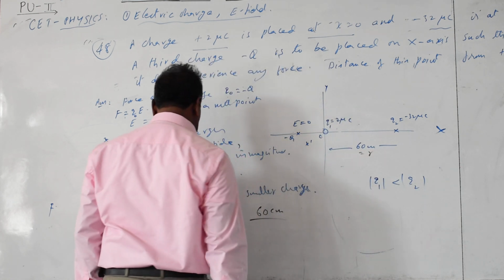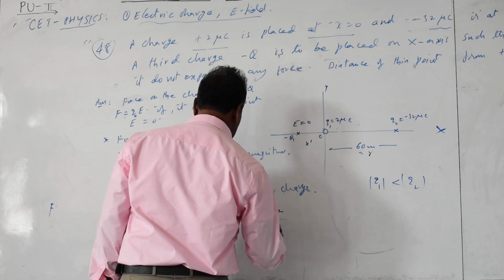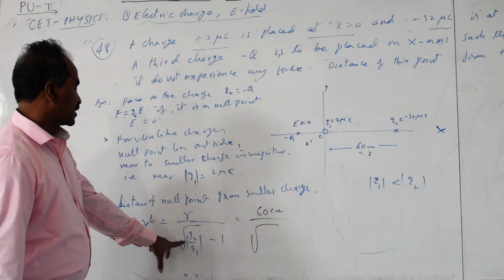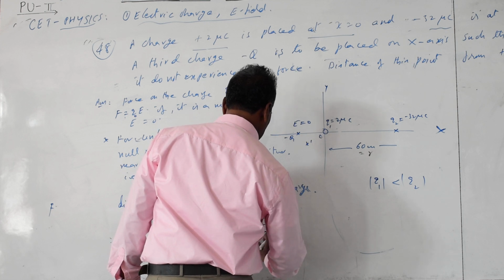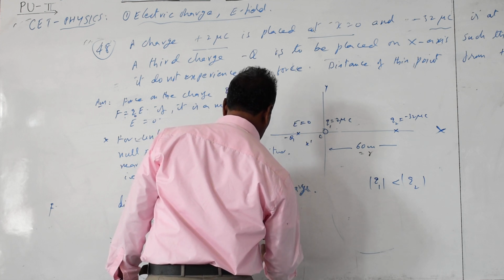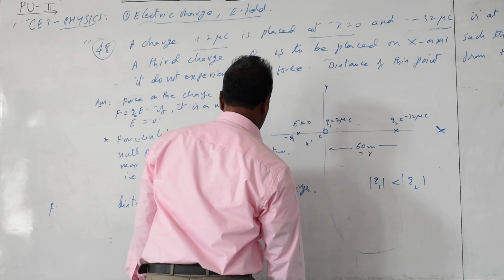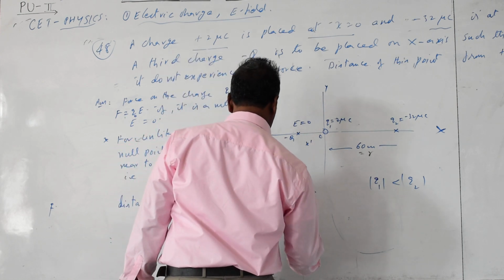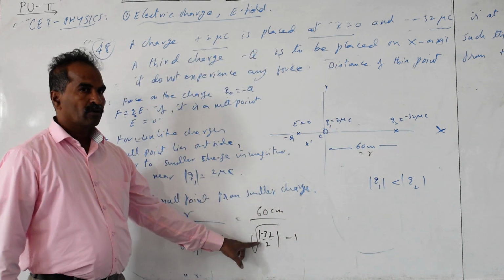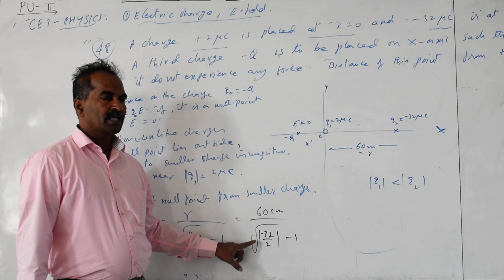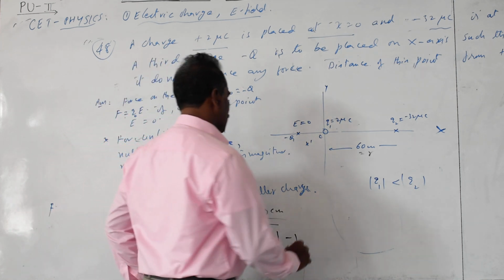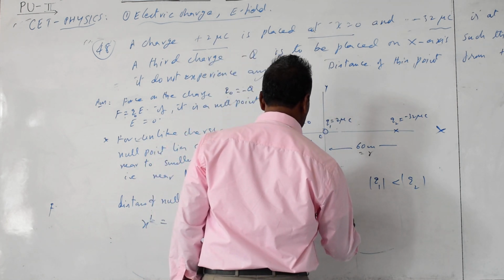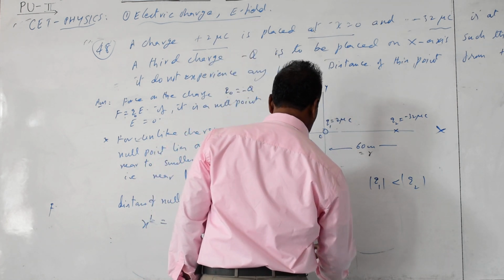No need to convert to meters unless the options ask. Q2 by Q1 in modulus is 32 by 2, micro cancels, minus 1. 32 by 2 is 16, root 16 is 4, 4 minus 1 is 3. So the result is 60 centimeters by 3, which is